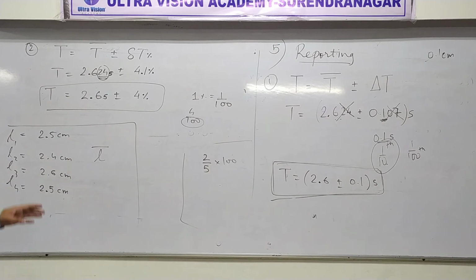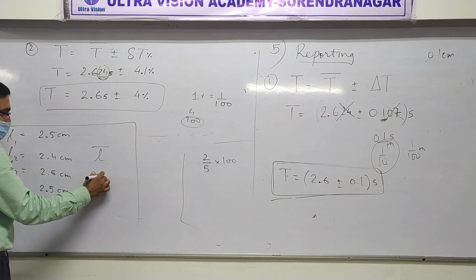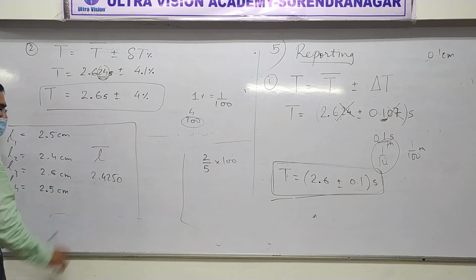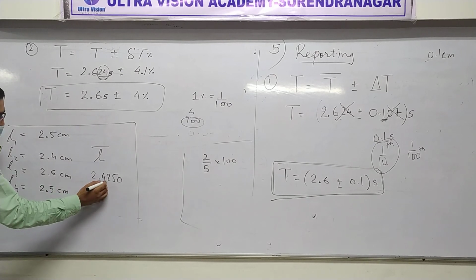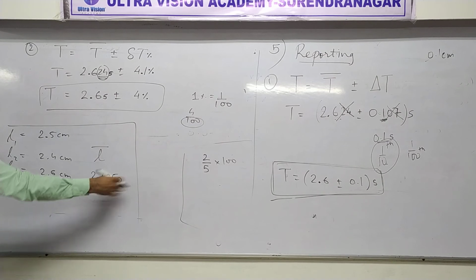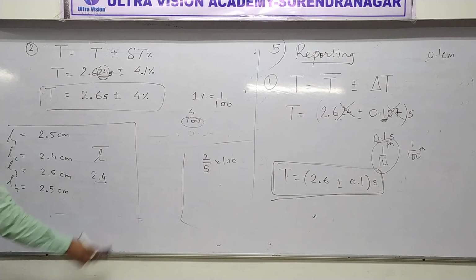Okay? Then it should not happen that I gave 2 digits here and you answer, sir, the average is 2.4250. You understand what I am saying? This instrument is not capable of measuring anything after this place. Where did all that come from? Not true. Okay? Got it? Fine. So that's your basic. If you want, you can start doing it right now.